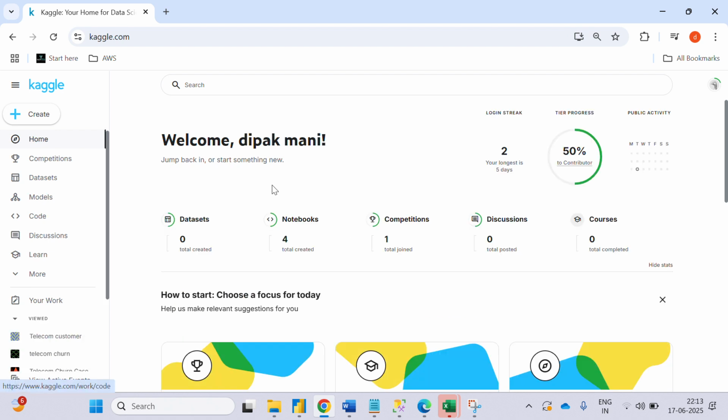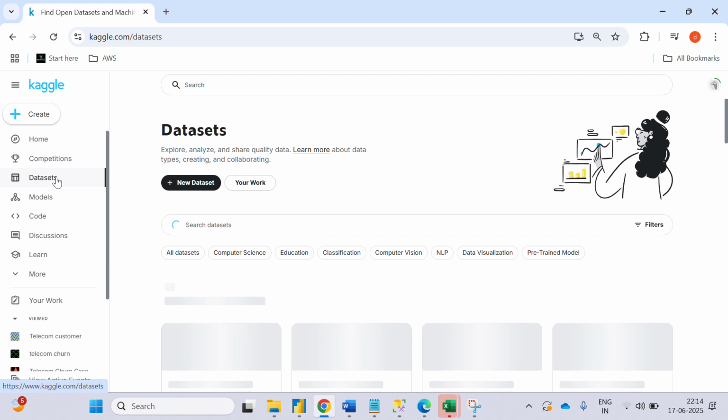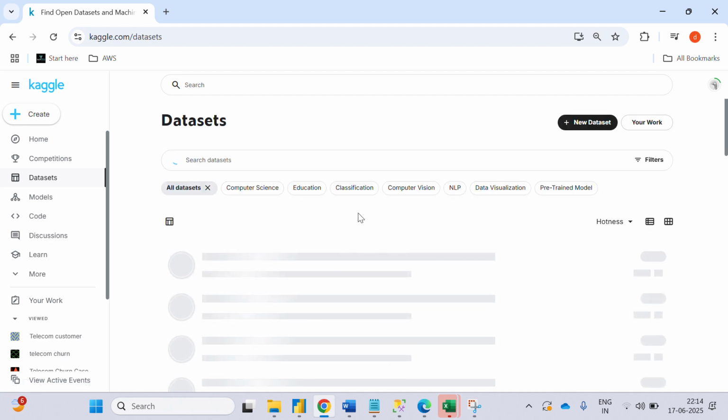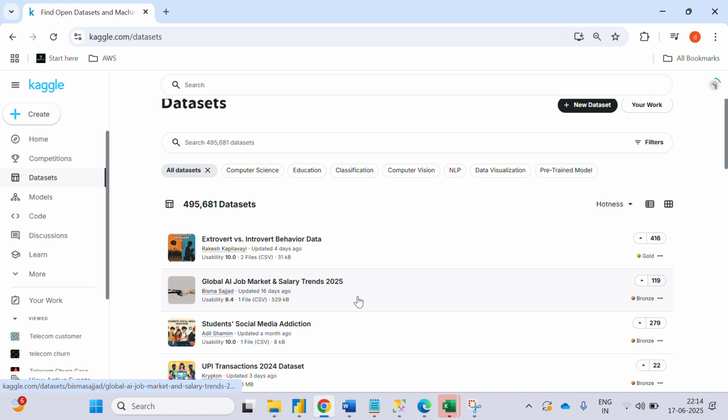Just go to that, and on the left side there are different types of options. Just go to Data sets. Click on that, and there is a search bar here. You can choose all datasets, or you can search here. So I choose all datasets here. You can see that a total of 95,681 datasets are available. It's free of cost. You can just open any dataset and